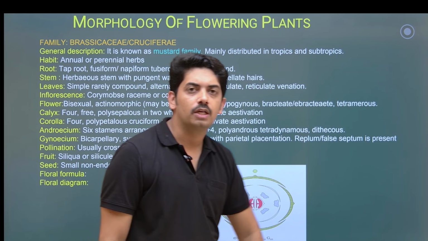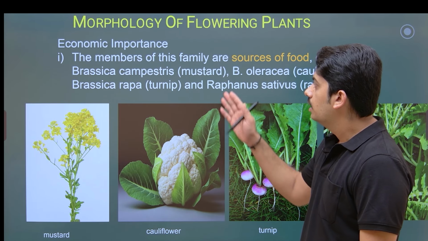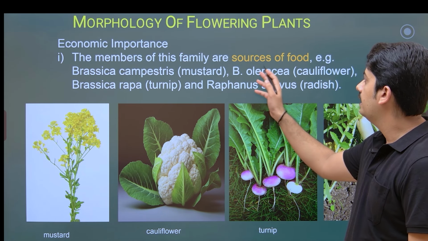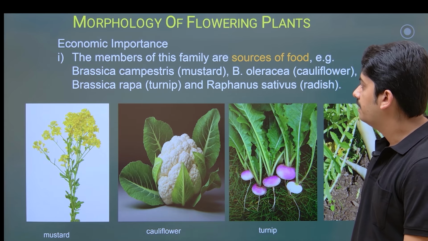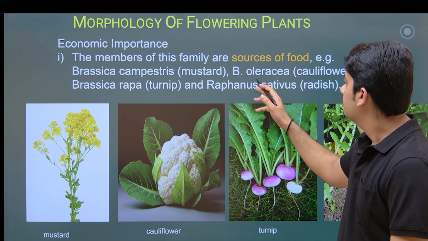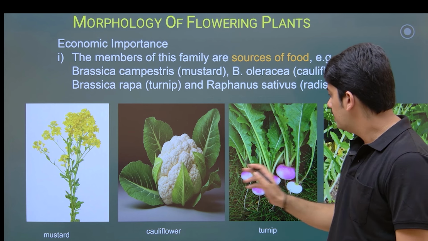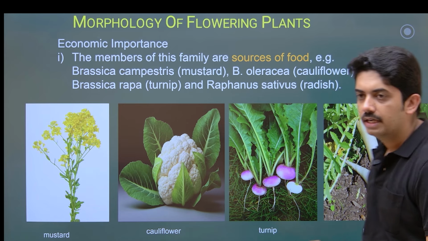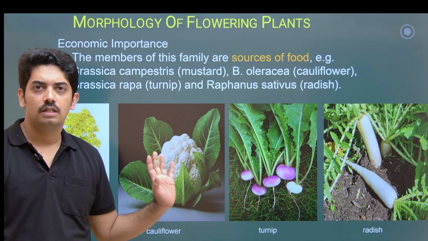Let us see some of the economic importance and examples. These are some of the economic importance. The members of this family are a source of food. Example, Brassica campestris. So this is the mustard plant, Brassica campestris. Then Brassica oleracea. This is cauliflower. Then Brassica rapa, turnip. And Raphanus sativus. This is the radish. Here you can see the picture where all the examples are given related to